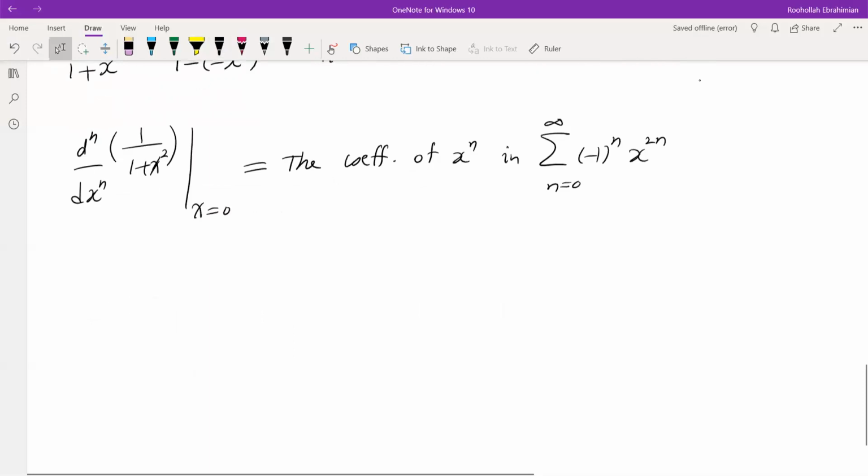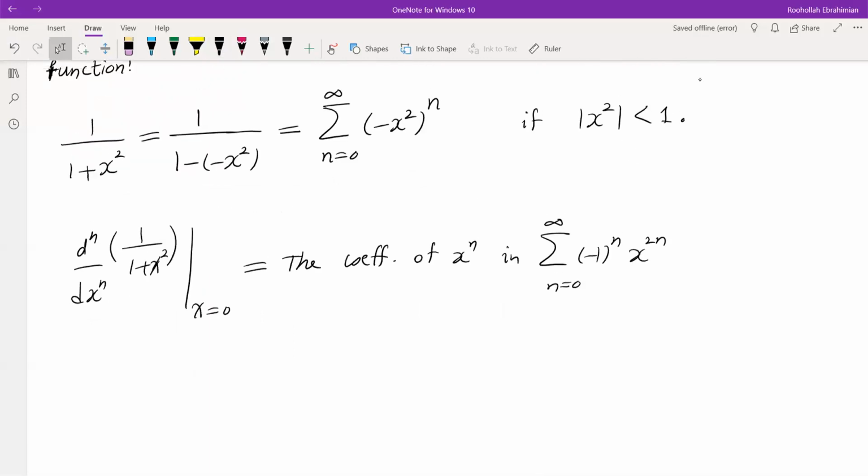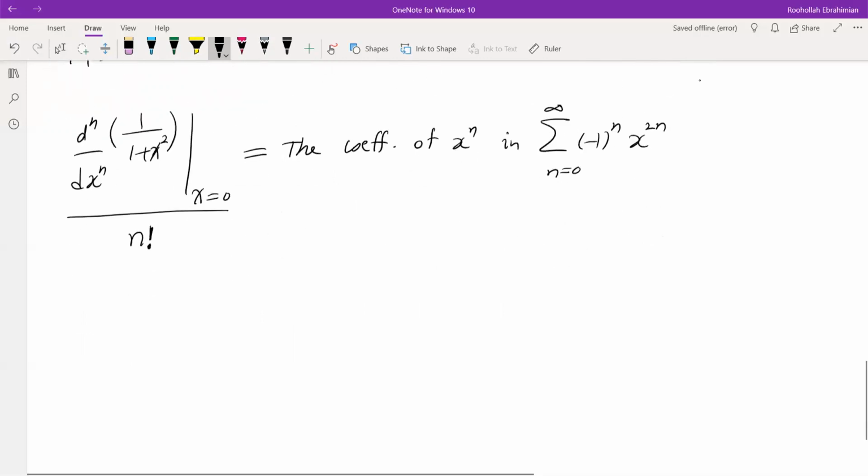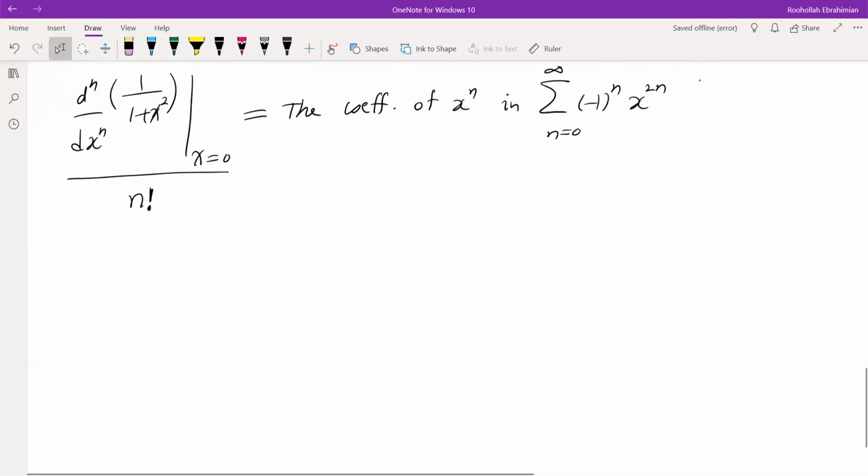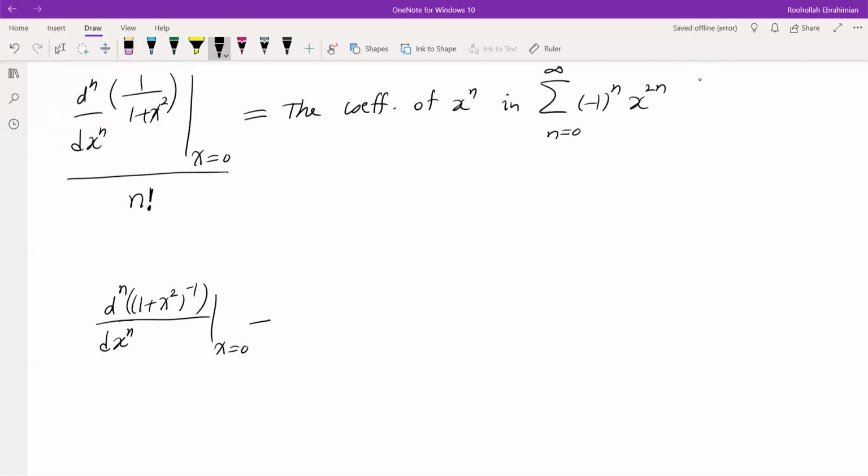So that's nice. Well, the derivative divided by n factorial, because that's the coefficient of x to the power of n in the Taylor polynomial, or Taylor series rather. So you can easily find that derivative then. So you say the nth derivative of 1 over 1 plus x squared at x equals 0 is going to be, essentially, negative 1 to the power of n times n factorial if,